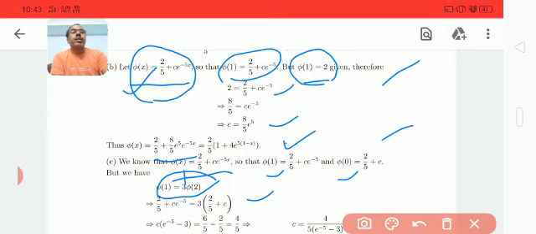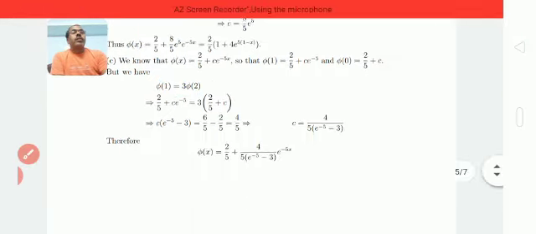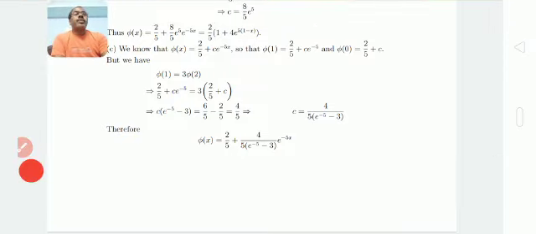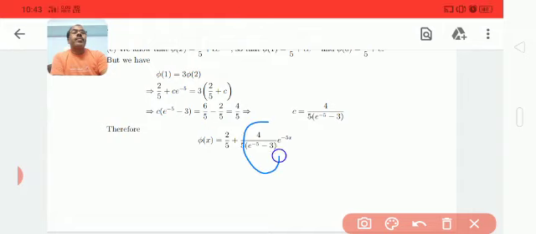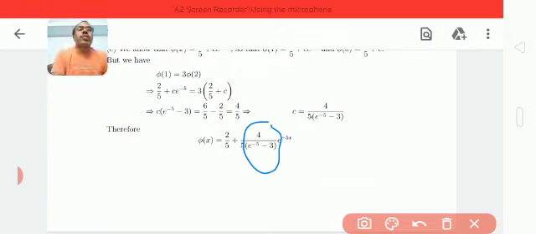Using those two values here, simplify the expression to get the value of c. And here you will see that the value of c is 4 upon 5 into e to the power minus 5, over e to the power minus 5 minus 3. So by detailed calculation you can get this value of c. And lastly we put the value of this arbitrary constant in the solution. So that gives phi of x is equal to 2 upon 5 plus 4 upon, this is the value of c, into e to the power minus 5x. So this is the solution which satisfies the boundary conditions in question 3.